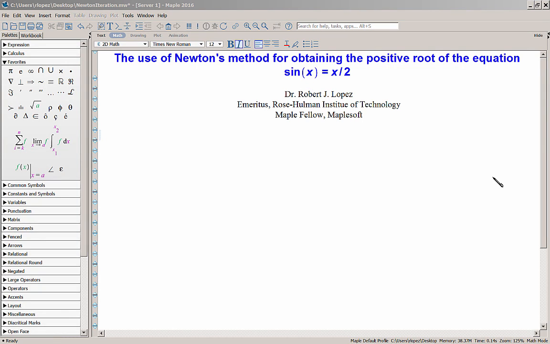The goal here is to use Newton's method to obtain a solution of an equation, this one being sine x equals x over 2, and to get some insight into what Newton's method is really doing. To begin, I'm going to draw a graph. So I'll type sine x,